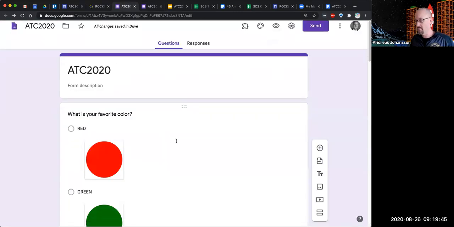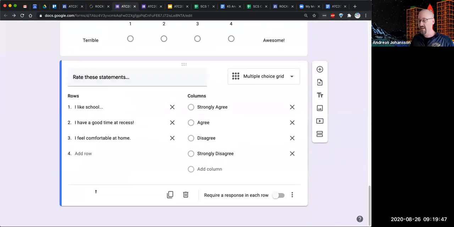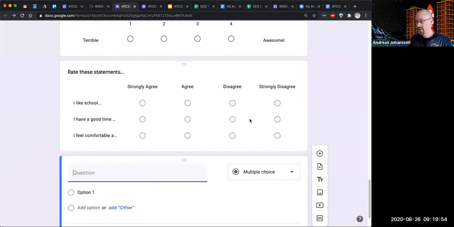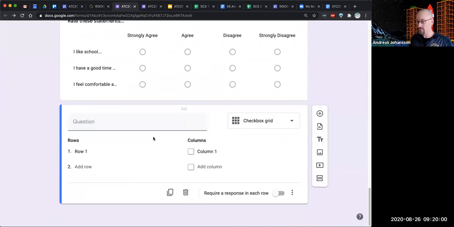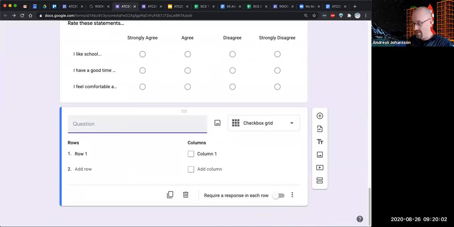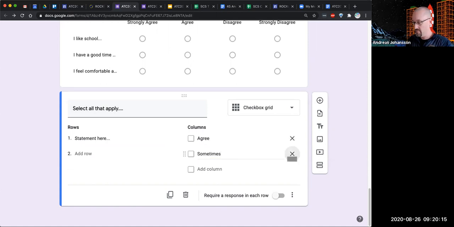Okay, back to the form, and we'll go all the way back to the end. So here's what it looks like to set that up and to get the kind of result that I just did. We're going to do another one. Get ready. So we're going to do multiple choice, the checkbox grid. Same thing. So select all that apply. Right? Statement here, and then column here. Agree, sometimes,